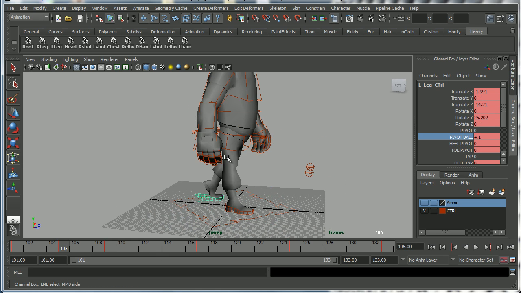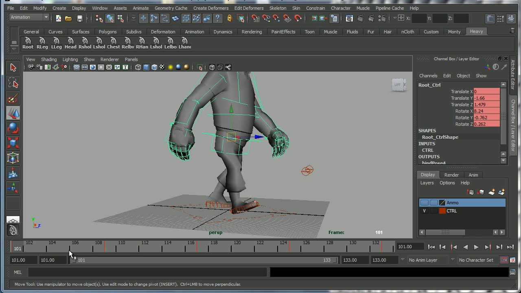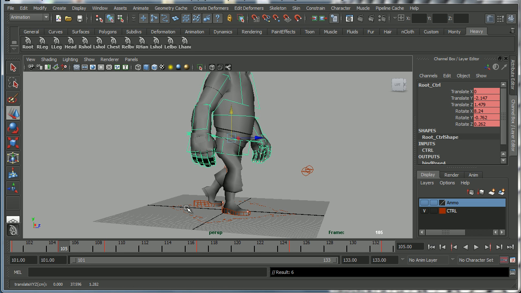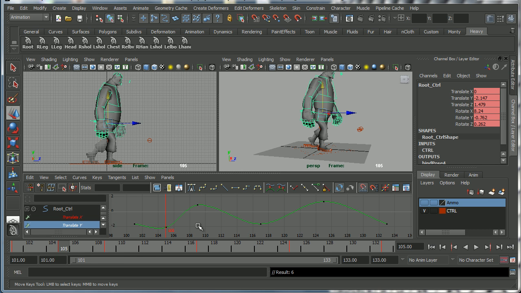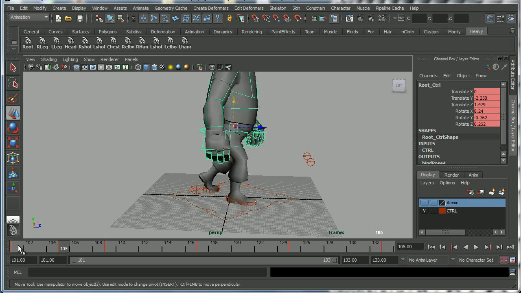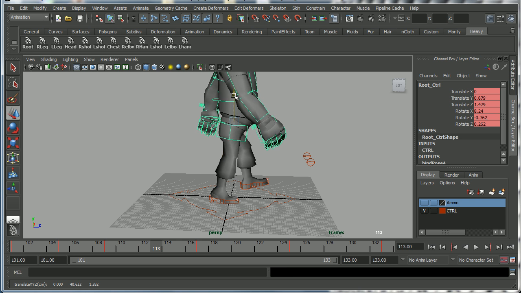Oh, also the other thing is we want his body to come down at frame 5. So between 101 and 105, the body is going down. Let's hit the spacebar and check that. Let's check the translate Y in the graph editor. Yeah, that needs to go down. Spacebar again. And so the body is going down there, and then at 113 the body wants to be going up again and coming